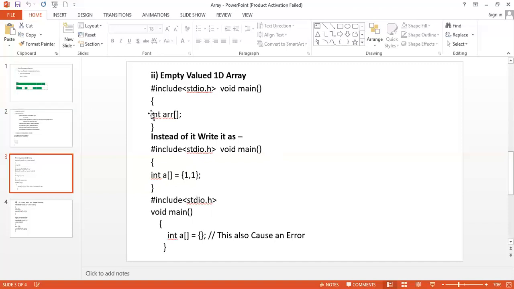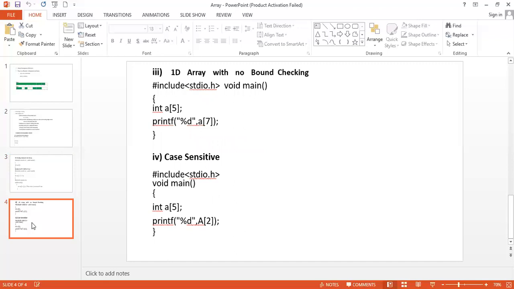See, the first one is wrong because we are declaring an empty size array; there is no size for the array. In the second one, I am declaring an empty size, but I am assigning values to that array. In the third one, I am declaring an empty array size and I didn't assign any value here. In this case, it will be an error. So the first one and third one are errors. The second one is the exact syntax.